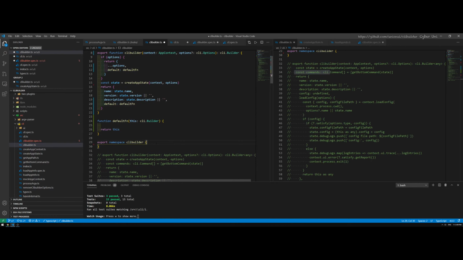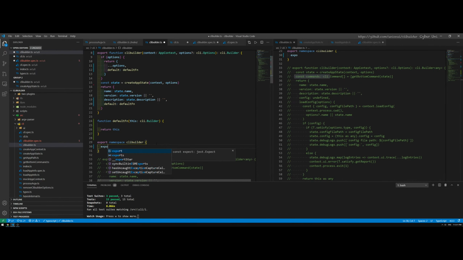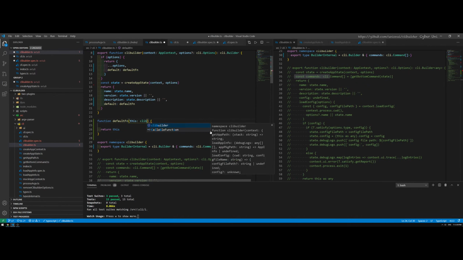That's part of the exercise. So let's do this. Do it like that. So builder, this becomes CLI builder internal, and return that,